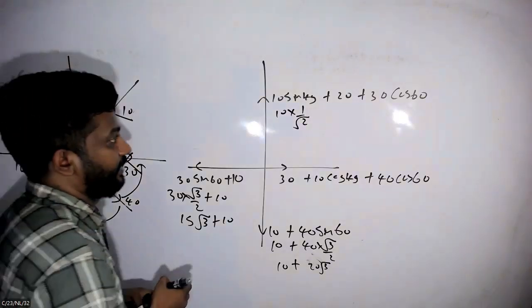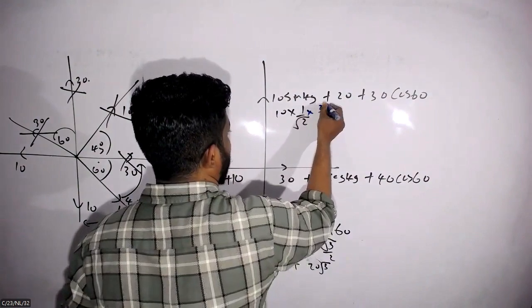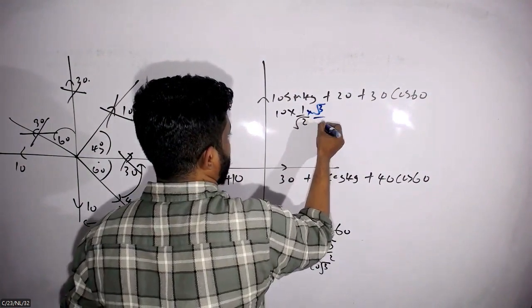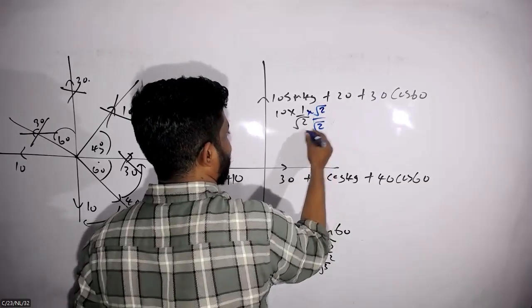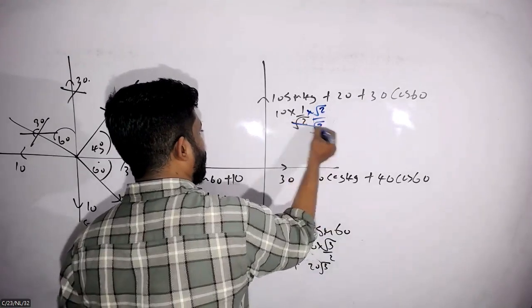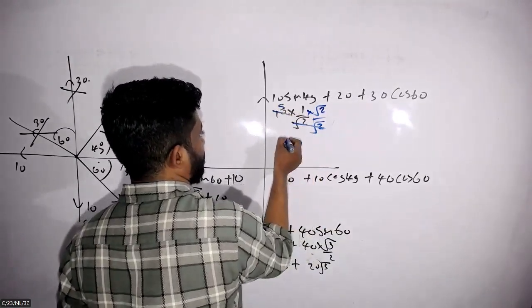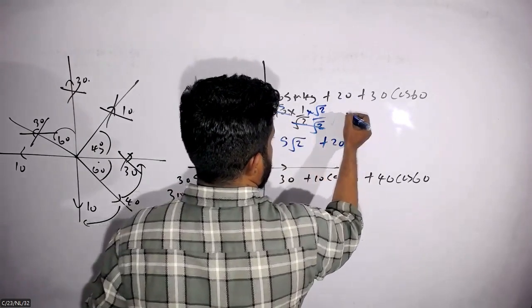We need to rationalize: you can multiply both the denominator and numerator by root 2. Then root 2 into root 2 is 2, so 2 times 1, 2 times 5, giving 5 root 2, plus 20 plus